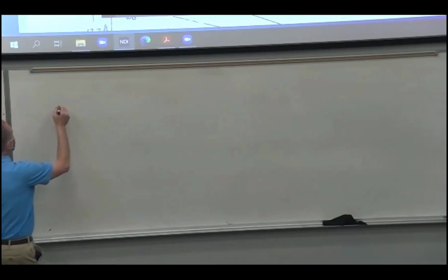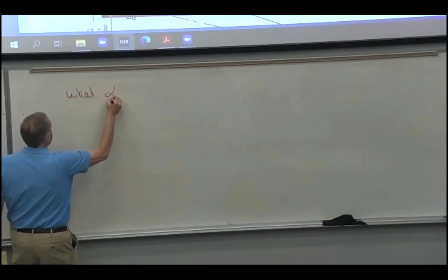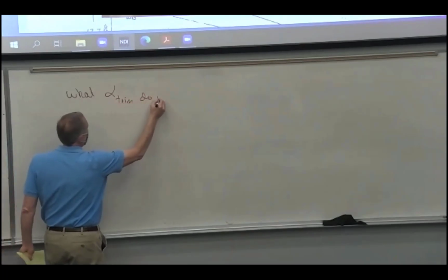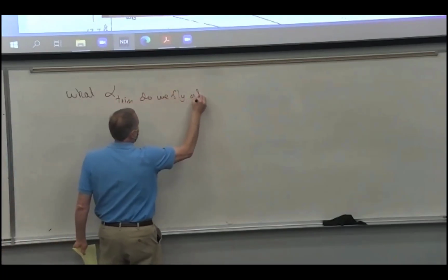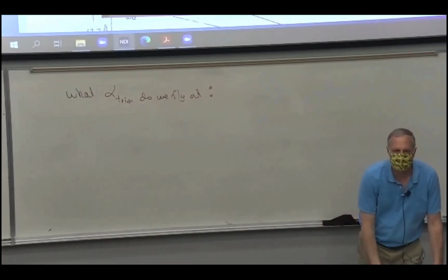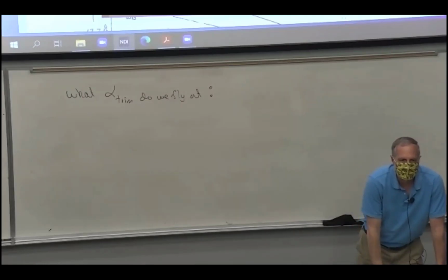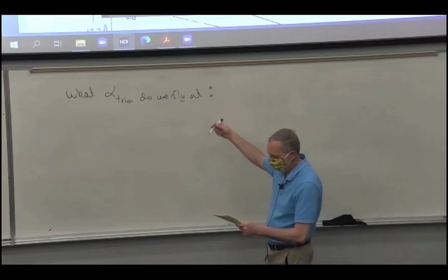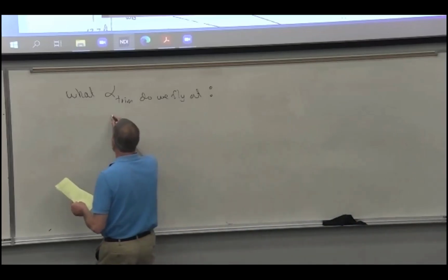So here we're talking about flying at an alpha, and then how do we make CM 0? But more fundamentally, what alpha trim do we fly at? Do you remember from 324 what the criteria is for calculating alpha? What alpha do you fly at? Why do we have an angle of attack to begin with? Why do we care? Alpha, angle of attack, produces lift. Why do we need lift? Yeah, we have to counteract the weight. So that gives us the angle of attack for level flight,